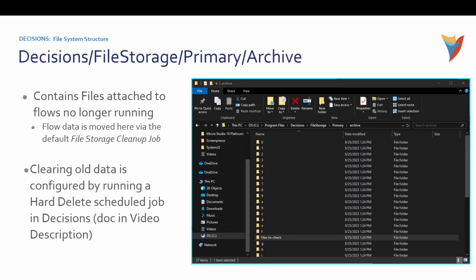From there on, we have the archive. The archive contains files that are attached to flows that are no longer running and have been most likely moved here via the file storage cleanup job, which comes created by default in your Decisions instance. You can also clear old data from this file directory with the hard delete scheduled job in Decisions, which I will post the documentation regarding how to do in this video's description. You'll see it has a